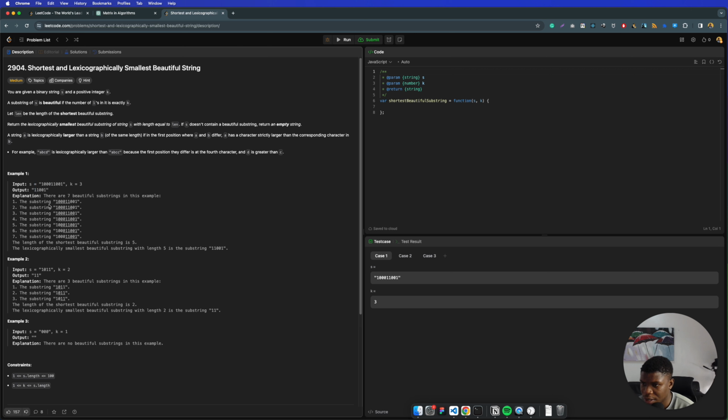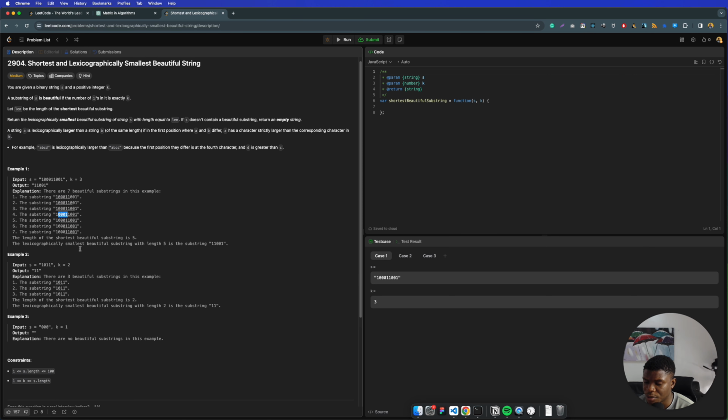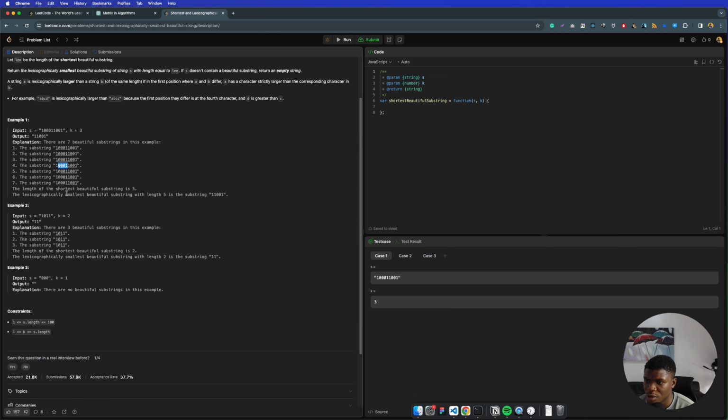Wait a minute. Okay, there's a substring of this that has three ones. There's a substring of this that has three ones. There's also a substring of this that has three ones, and there's this substring. Okay. The length of the shortest beautiful substring is 5,